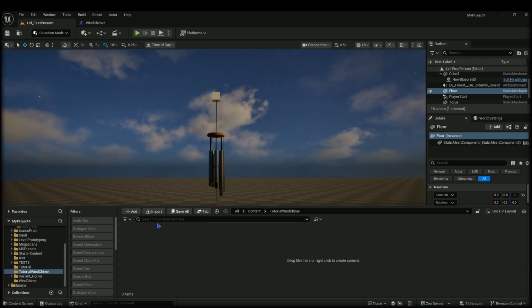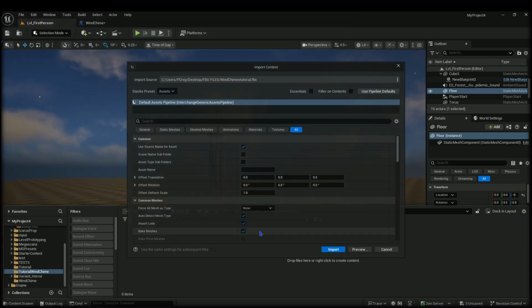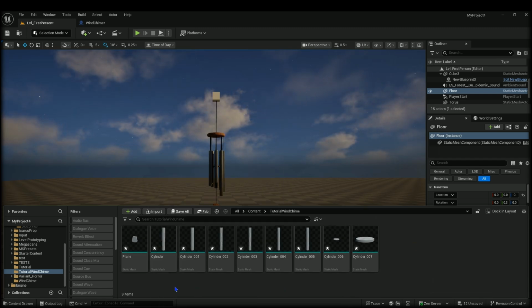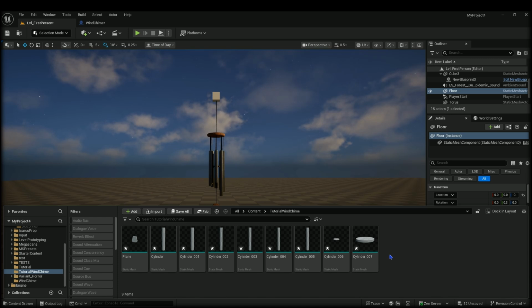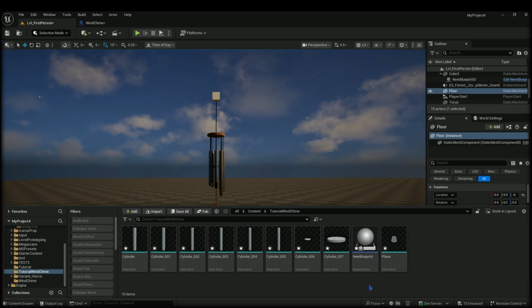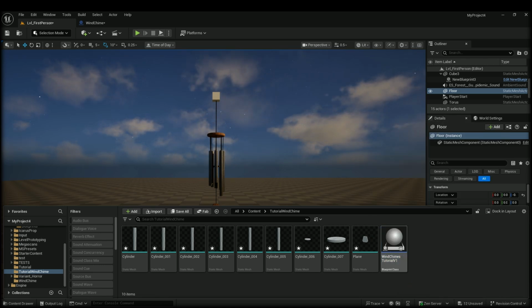I'm going to open this up, go to Import, and I'm going to go and get our wind chime. Click Import, and now we have all of our models here, which is perfect for us. Oh, okay, so with that done, we need to create a blueprint. So I'm going to go Blueprint Class, Actor, and then we're going to name this. This is going to be Wind Chimes Tutorial. Just put V1 just in case I mess up. I'm going to open that up,